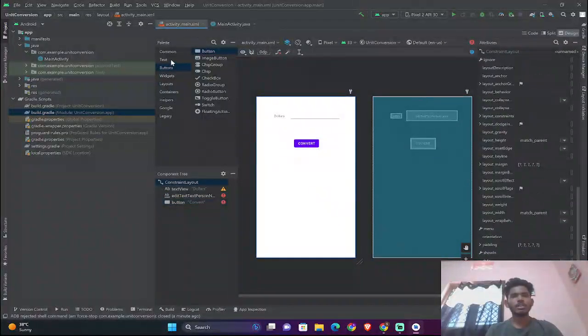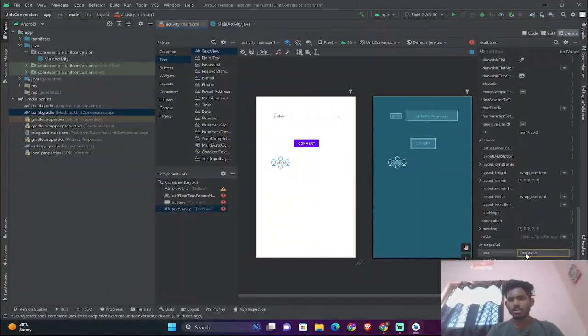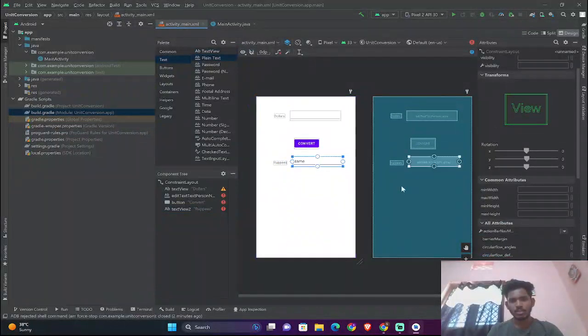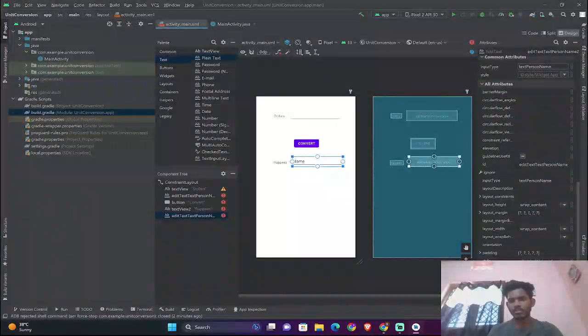When this button is pressed, we will add a text that will show us the rupees.